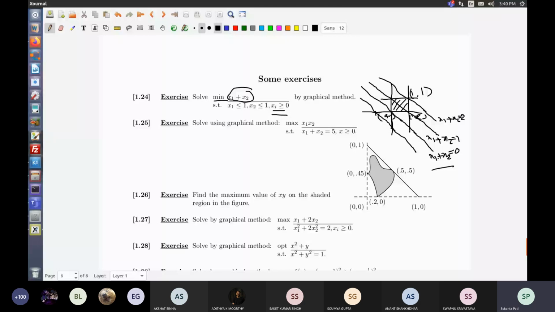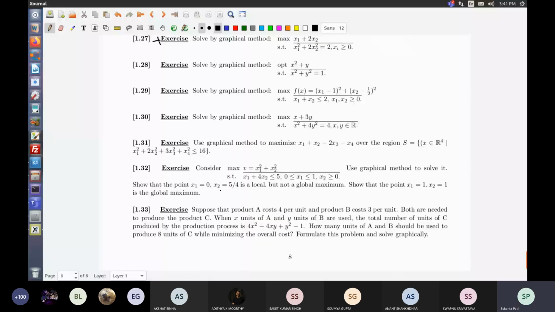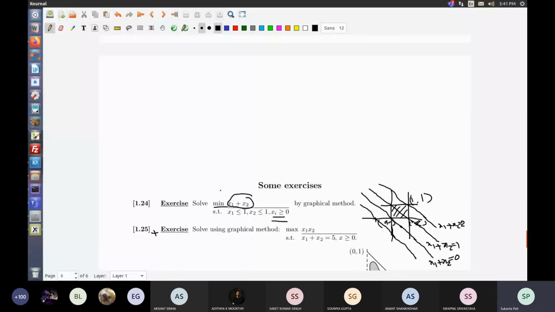You can have many more exercises. All these exercises are very, very interesting. You can try. I mean, nothing is very non-trivial. So all of them you try. Okay, try one or two, no problem. But your exam problems will be of this type only. Okay, so for today I have made this much to explain. If you want to ask some questions or want me to repeat something, I can tell.